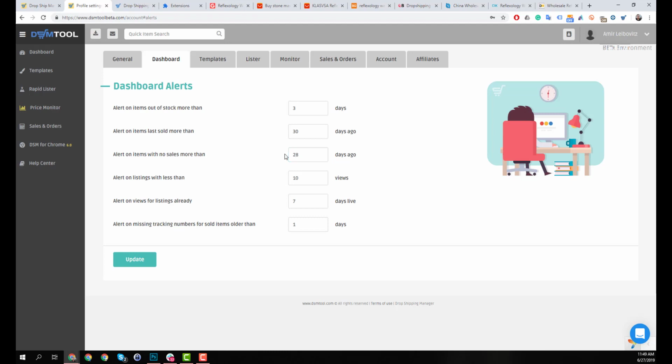28 days, that means that you can get rid of them before eBay renews or before the month renews and you have to pay an insertion fee for them again, because that's how it works on eBay. Every month you pay for the amount of active listings that you got. I would even lower it to, I don't know, 24 or something